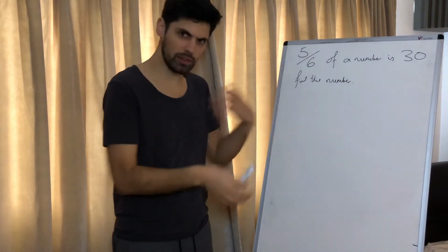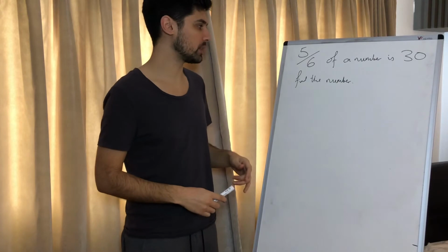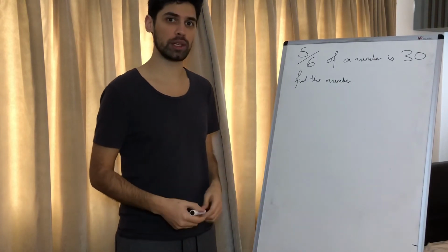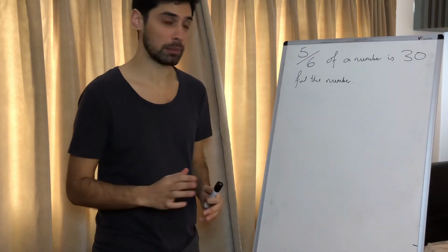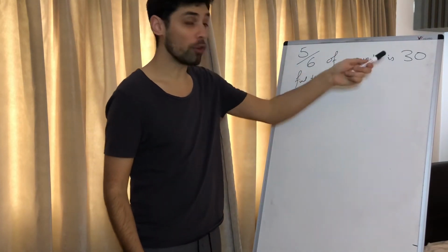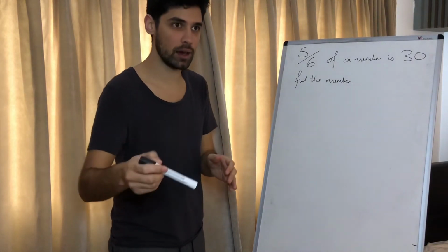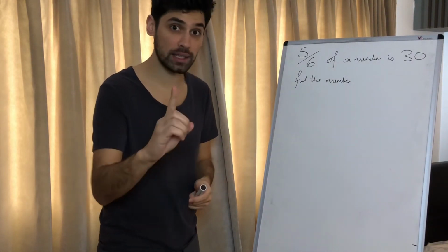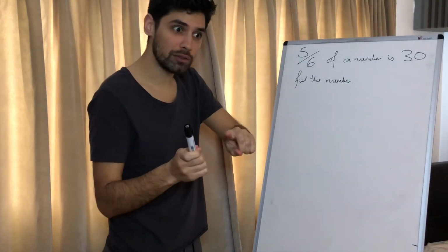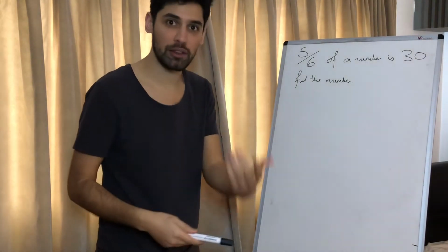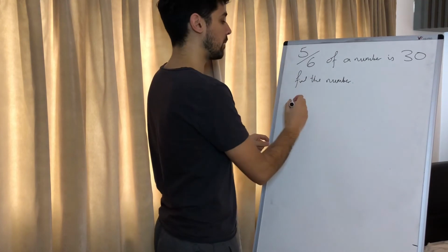Now these are like reverse fractions. We're told that 5/6 of a number is 30. So find what that original number is. Now let's think about this one really carefully. The wording trips most people up. 5/6 of a number is 30. So if 5/6 is 30, how do we find 1/6? Well, if this is 5/6, then surely we can find 1/6 by dividing by 5. 5/6 to 1/6. So 30 divided by 5